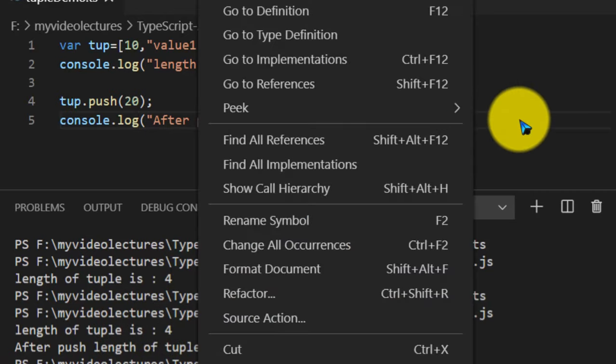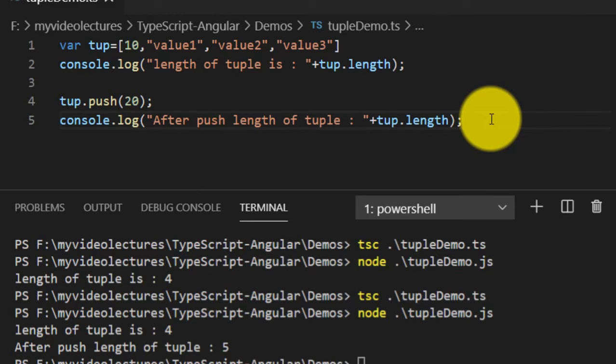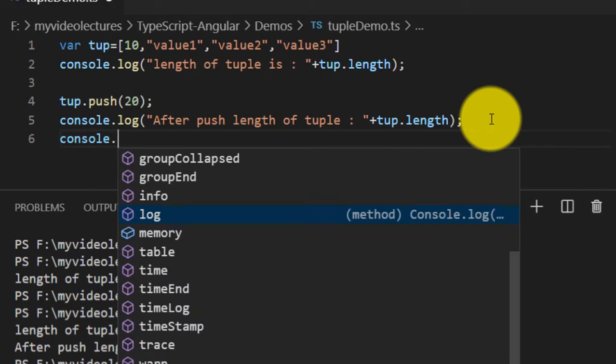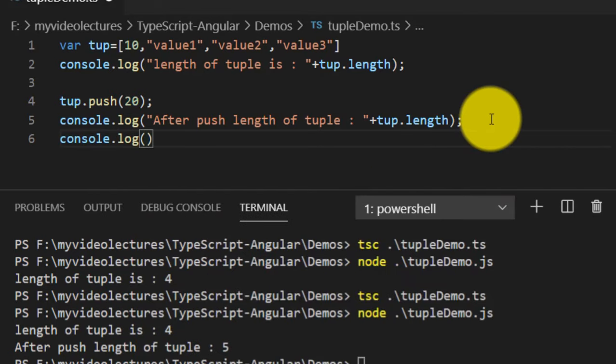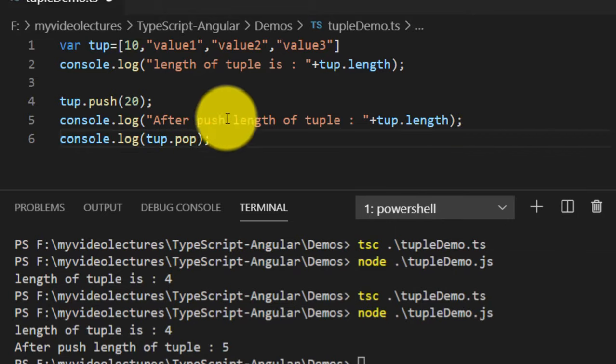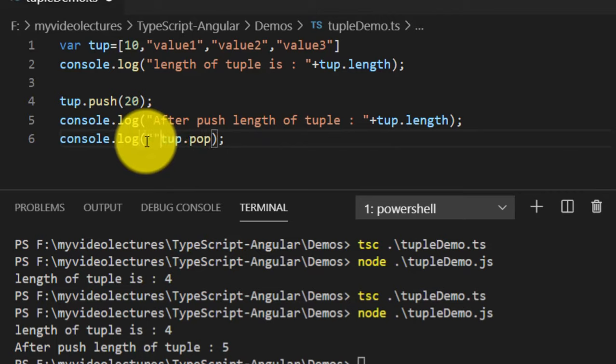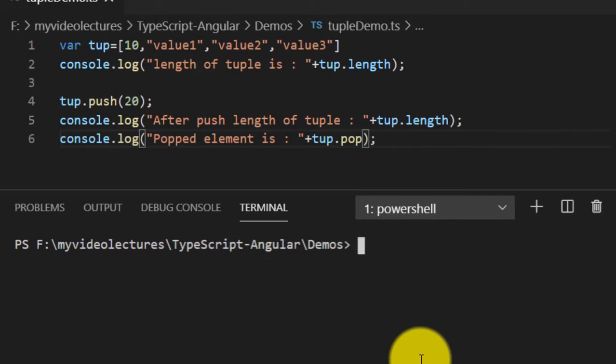The pop operation you can also do: tuple.pop. Now check the element, popped element is. Clear it, compile it.